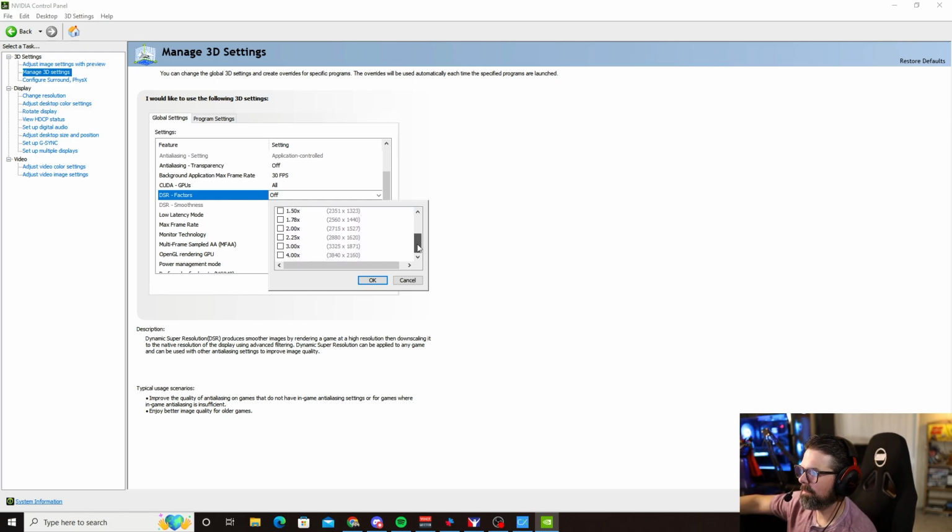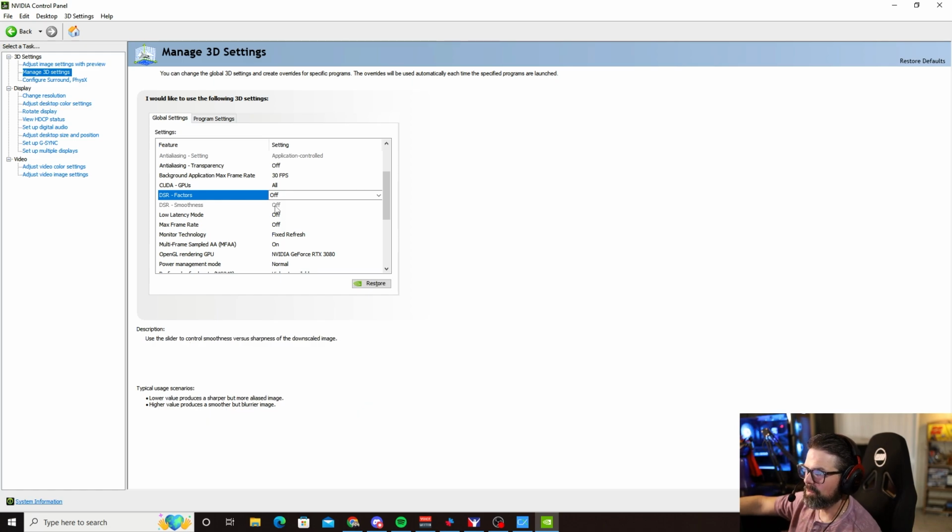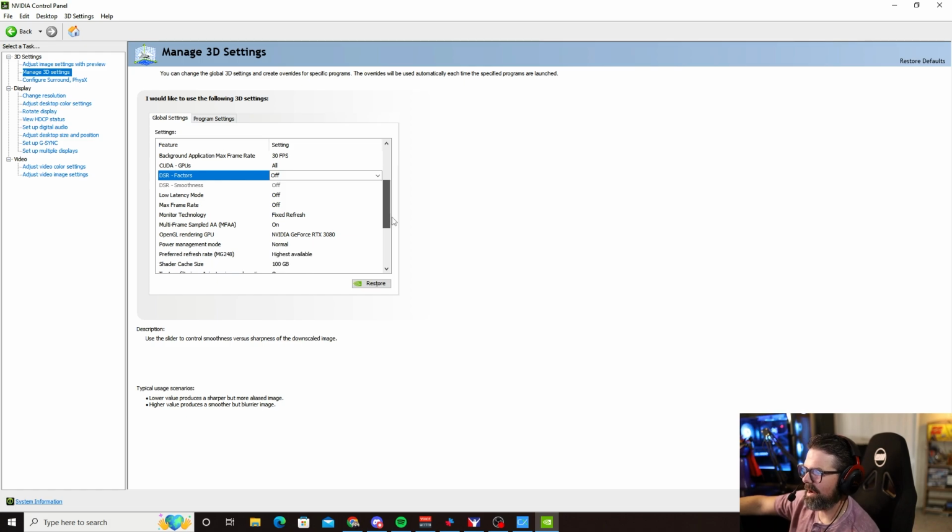Now, if you are somebody on a single monitor, for example, let's say you're on a single 32-inch monitor, right? And it's a 1080p monitor, and you want the picture to be better or whatever. You can try playing around with this and see if it works. I'm on triples. I can't do this because I can't super sample down to my monitors, right? My monitors, if I took all three of them added up, it's 5760 by 1080. That doesn't exist. So for me, the DSR factors, I have not played with this. This is something that if you want to play around with, you can, but for the most part, you can just leave that off, okay?